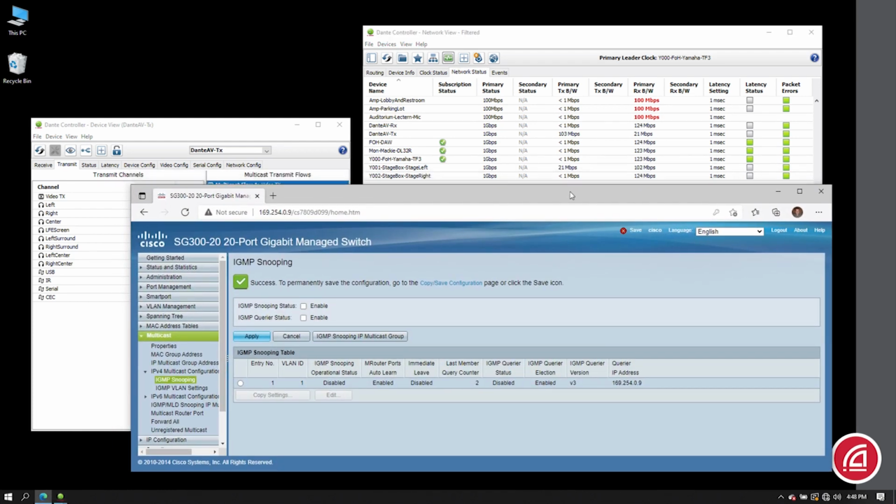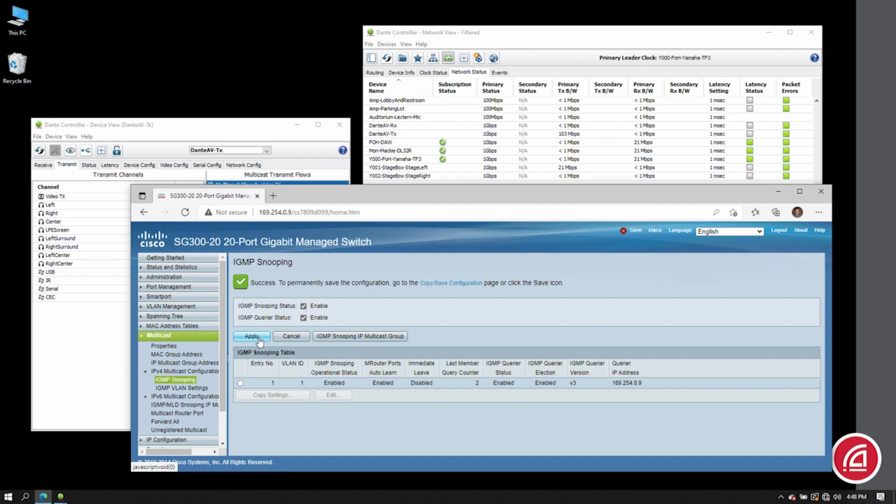For expediency, I've already made the other settings for IGMP snooping on other pages. You can see the Managed Switch tutorial for suggestions on that. At this point, all I need to use is these master on-off controls. Once I engage IGMP snooping and an IGMP querier, watch the bandwidth statistics in Dante Controller. You'll see the improvement made with traffic management.